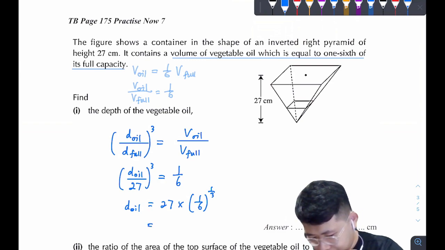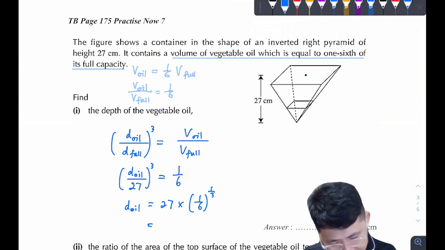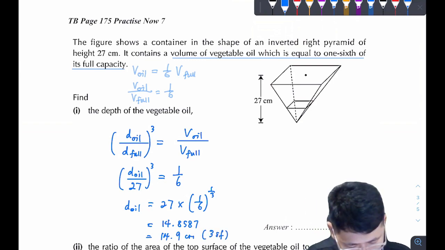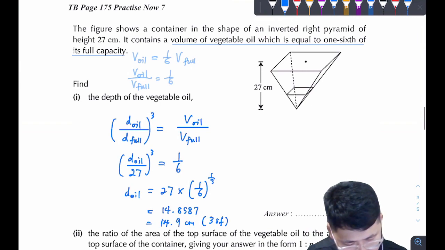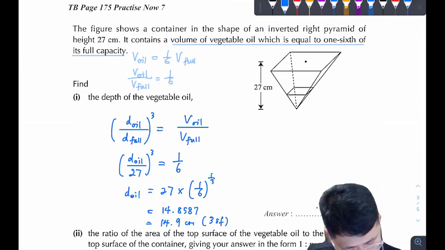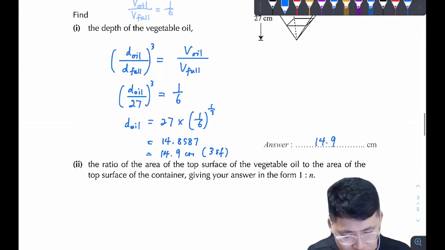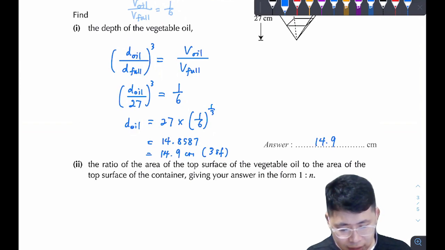Okay. So this is going to give me 14.8587, so roughly 14.9 cm. So 3 SF, like that. Okay, 14.9 cm. So now the ratio of the area of the top surface of the vegetable oil to the,